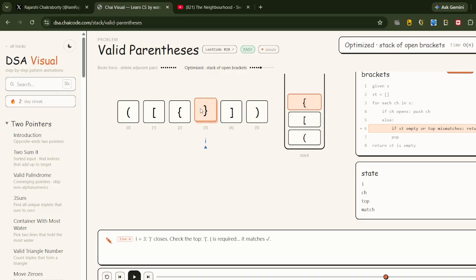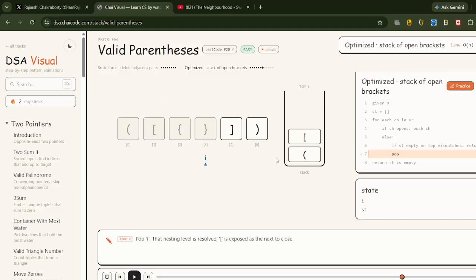We have the closing second bracket in our iteration, and we have the opening second bracket on the stack. That perfectly matches a pair. So we are not returning false. What we need to do is just pop it. So from our stack, the opening second bracket is gone, and